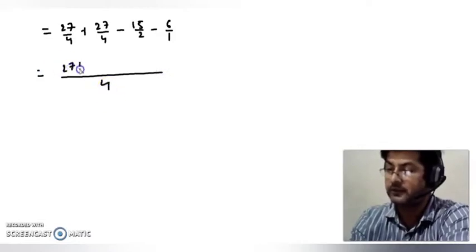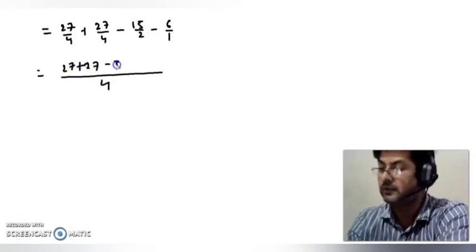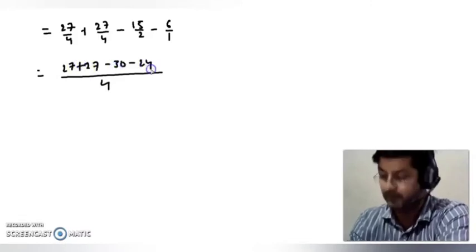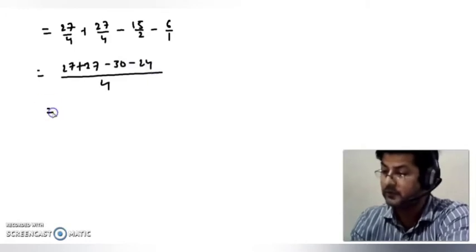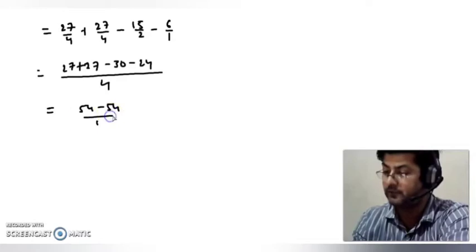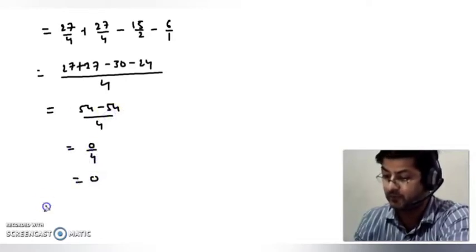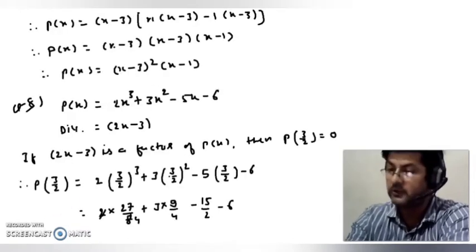Therefore 27 plus 27 minus 30 minus 24 is equal to 54 minus 54 by 4 is equal to 0 by 4 is equal to 0. Therefore p of 3 by 2